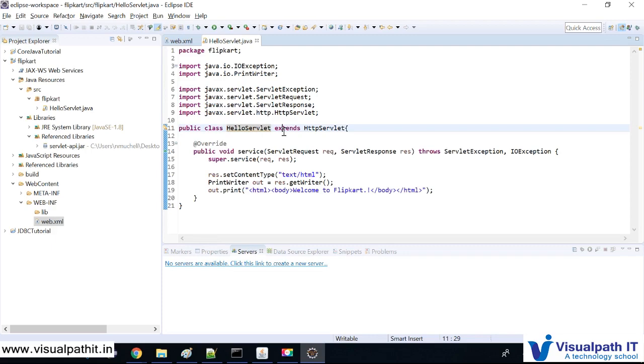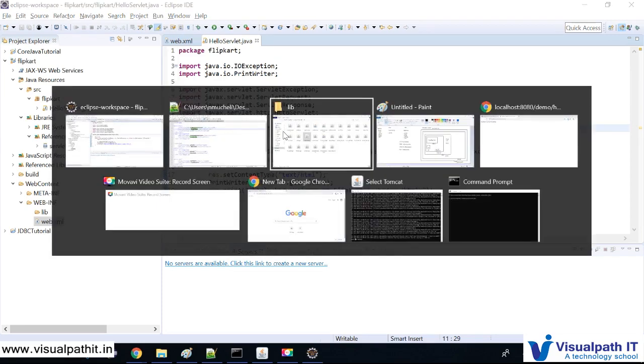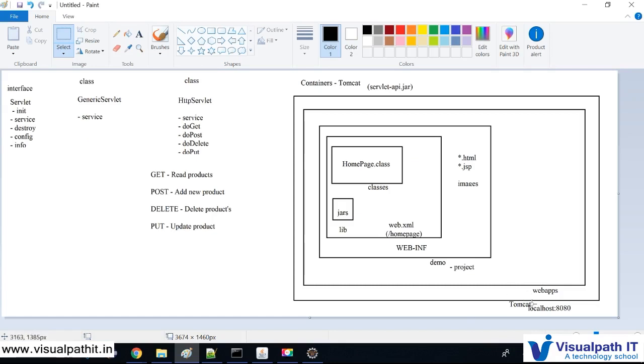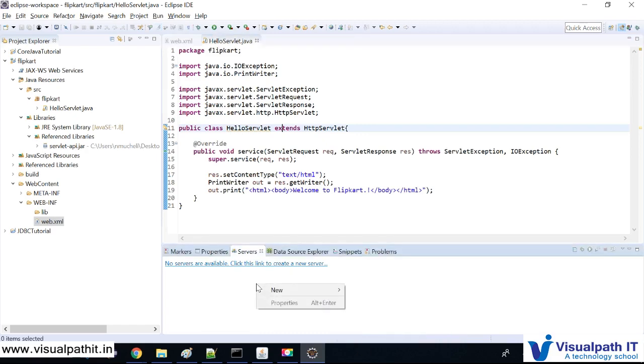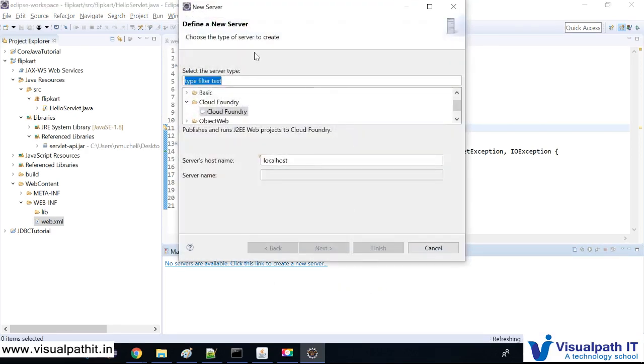So let me run this program. For running this, we need a container, which is Tomcat in our case. Let me configure the Tomcat. How to configure in Eclipse? The way to do this is we have a pane called the server pane. Within the server tab, we have to right click on it, click on new server and choose the server type over here. The server type is Apache,